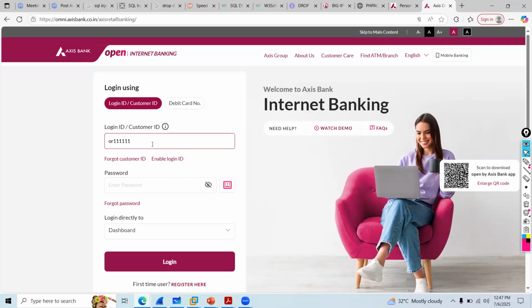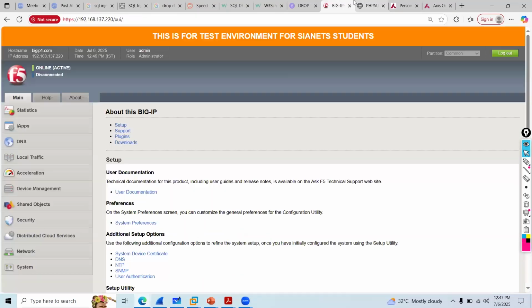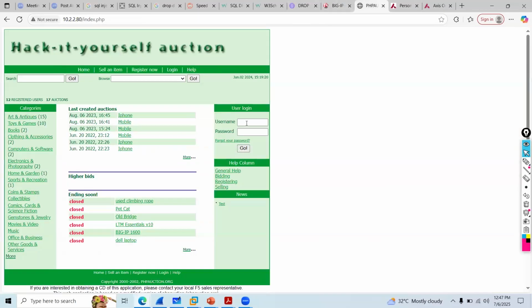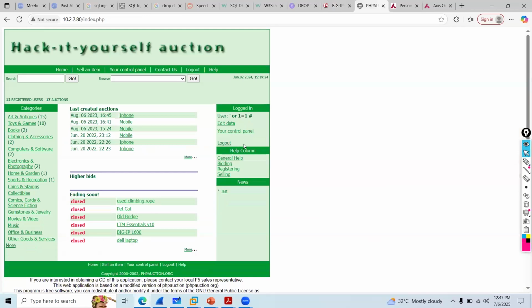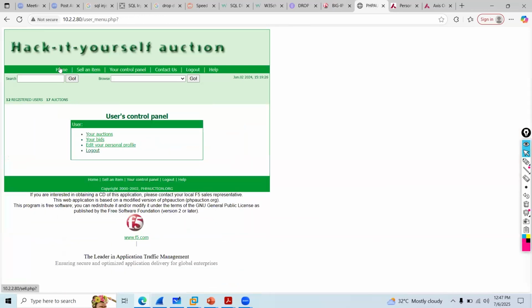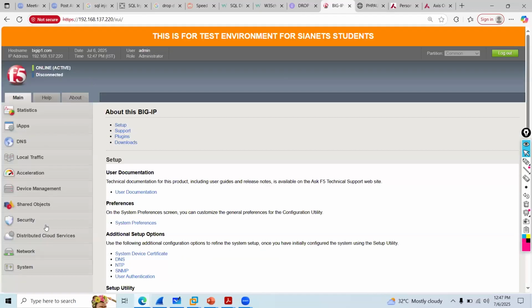If your application does not have it, then a hacker can make use of it and insert malicious data. That is how it works. So now this I can detect. I have inserted this. I got access. I logged in. I got access to all my usernames and passwords. Now, if I do this